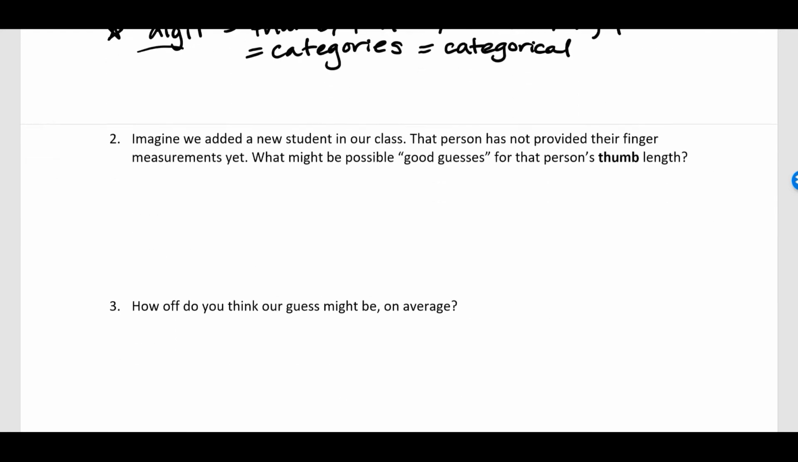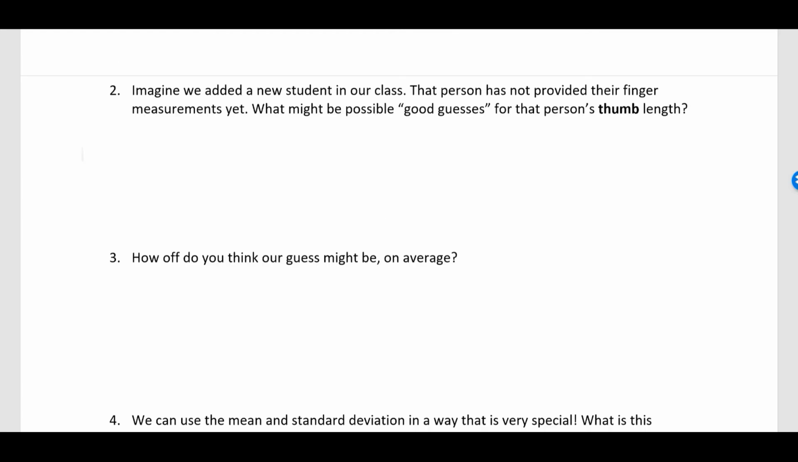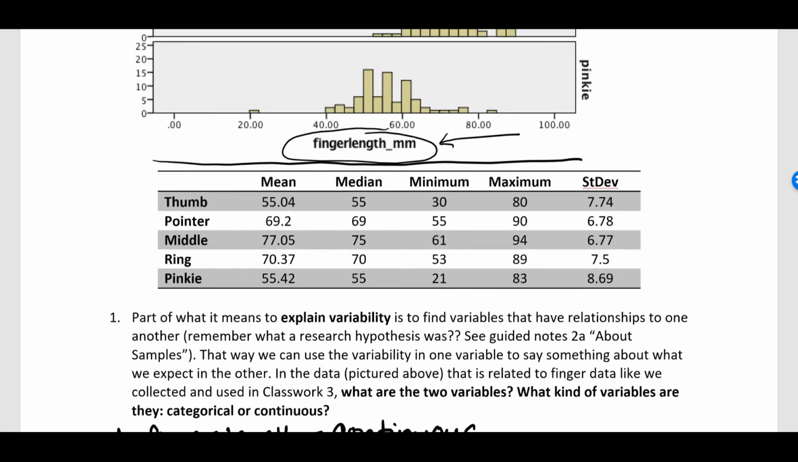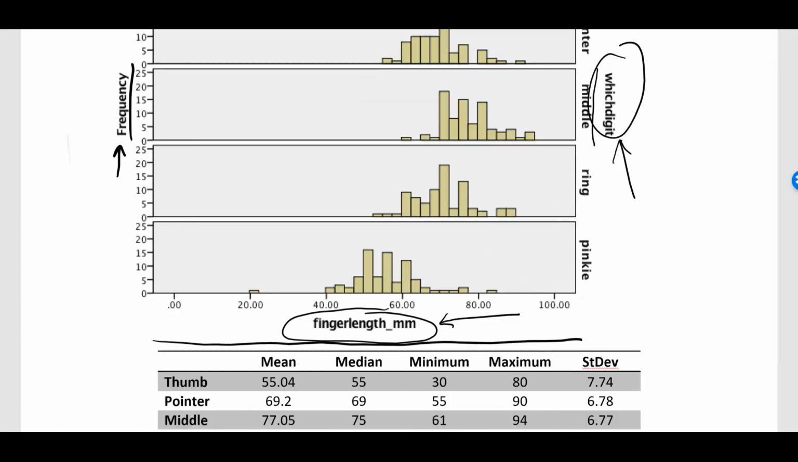Now, imagine that the class that this data came from added a new student. That person is not provided their finger measurements yet. Based on the information shown in the figure in the table, what do you think might be a possible good guess for that person's thumb length, right? So considering what we see for thumbs,